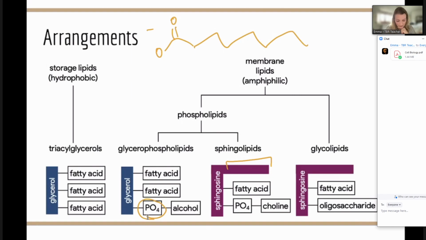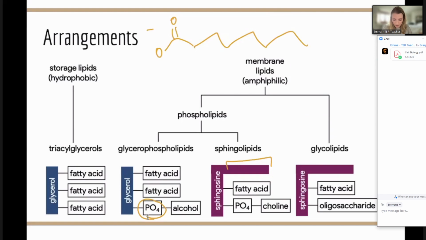And so this is a storage mechanism compared to when we have membrane lipids, which we're going to see as amphipathic molecules, which are going to have differences in their polarity. I think earlier I said that the original molecule was amphipathic, and that was incorrect. Sorry, it's phospholipids and sphingolipids that are going to be amphipathic. So they're going to part like water and part repel water. That's their duality of nature compared to being hydrophobic, which is what our storage lipids are going to be. So sorry for that confusion.